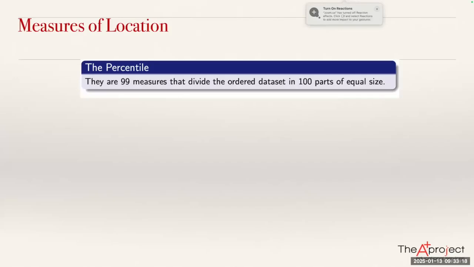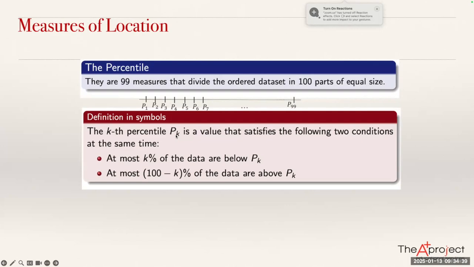There are 99 measures that divide the ordered data set into 100 equal parts, so they are called percentiles. Percentile 1 has only 1% of the data below P1, and the other 99% is above. Percentile 99 has 99% below and 1% above. For percentile K, K% of the data are below PK, and 100 minus K% of the data are above